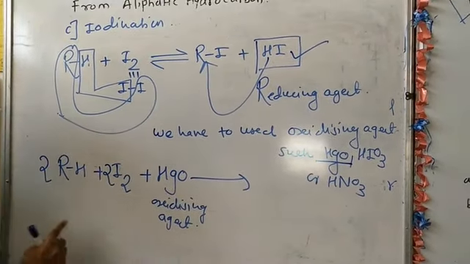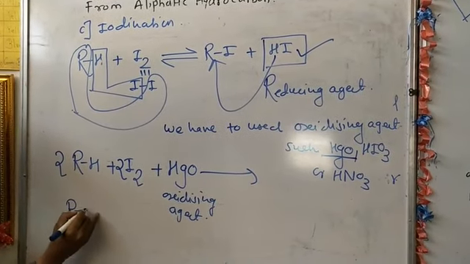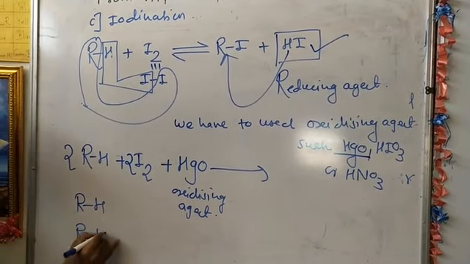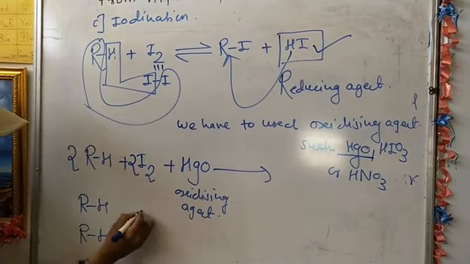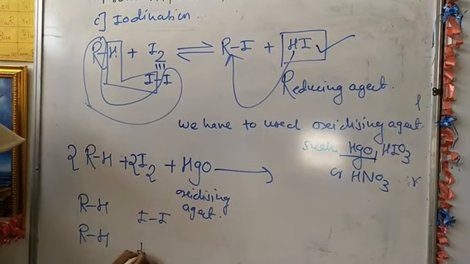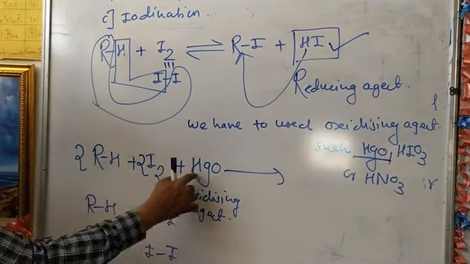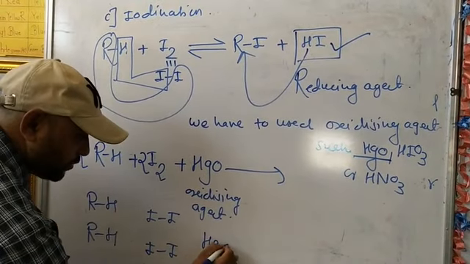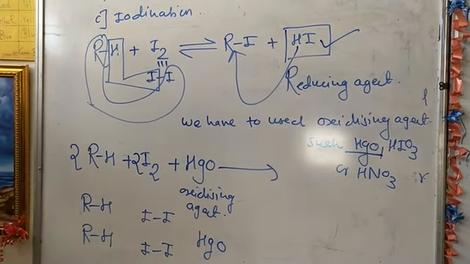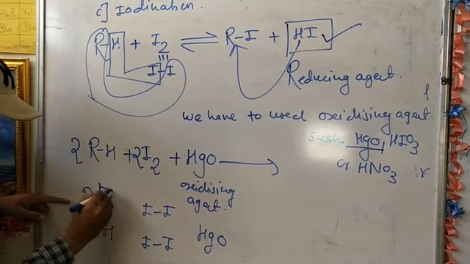So what is the product formed in this reaction? Look at alkane 2 times, that's why I have written 2RH, iodine 2 times, I single bond I, and this HgO. So during the substitution reaction, we can replace the hydrogen